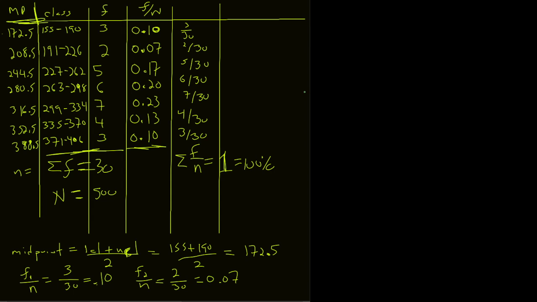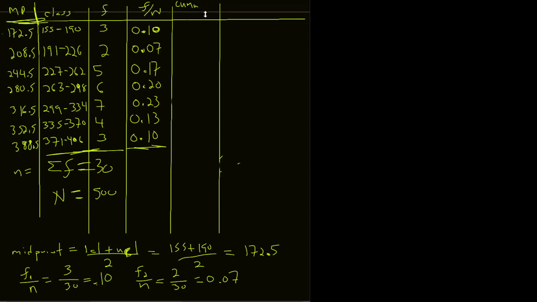All right, what I'm going to do here is clean out the fraction part. Give me a second. Just erase these out. There's another thing we can keep track of, and this is called the cumulative frequency. Cumulative means to add up. What we want to do is add up how many things have happened. So I'm just going to put cumulative frequency, C-U-M-U-L. There we go, cumulative